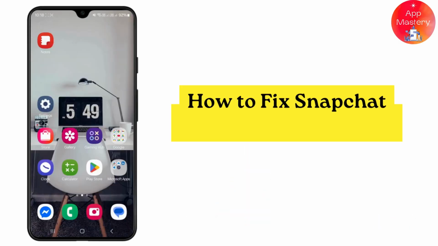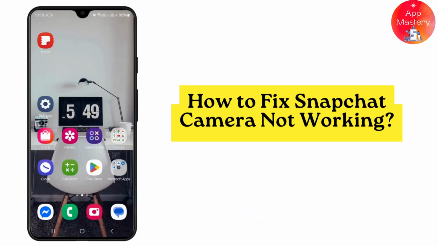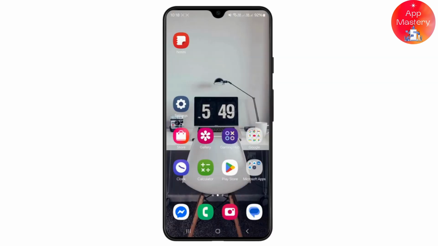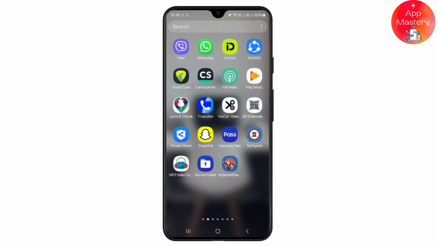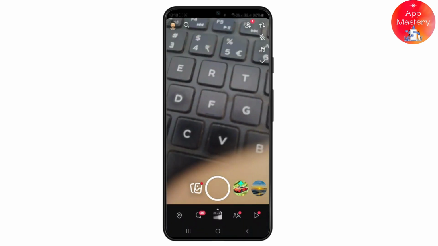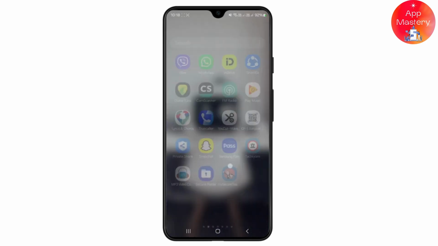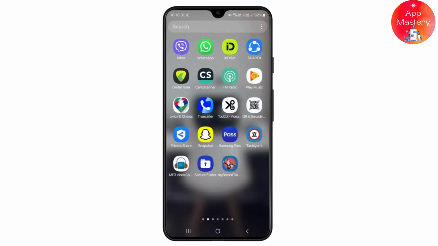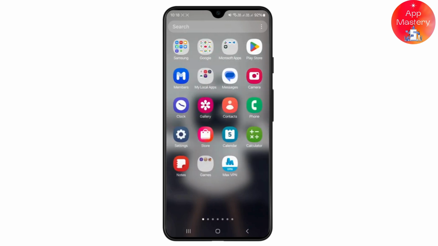How to fix your Snapchat camera not working on your iPhone or Android. So let's get started. If you're also facing such an issue, that is your camera not opening or certain types of issues occurring, like an error message being displayed when you try to open your Snapchat camera, then in that case